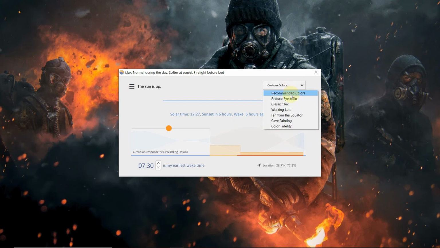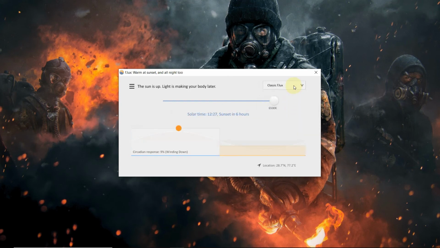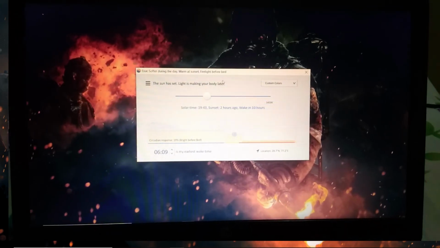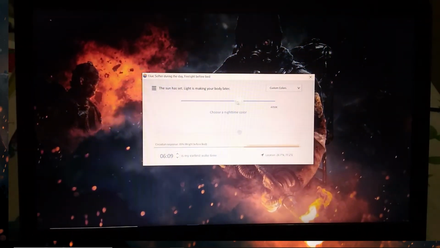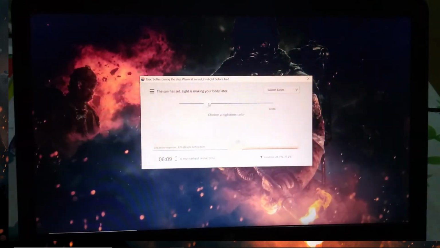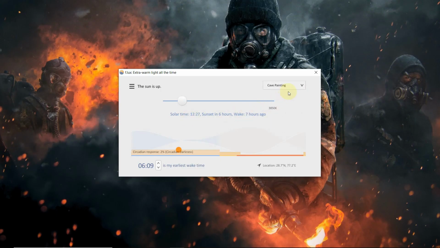And then these are custom colors, like these are presets. See, this main slider is decreasing down, it is going up. It depends on the preset you are selecting. If you're working late, you will prefer to have less of the blue light filter, since if you keep the slider down, you will get sleep easily.